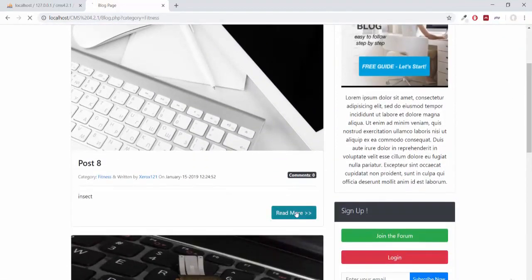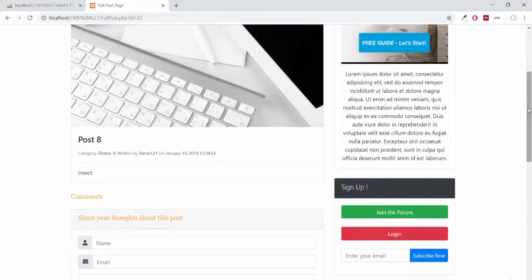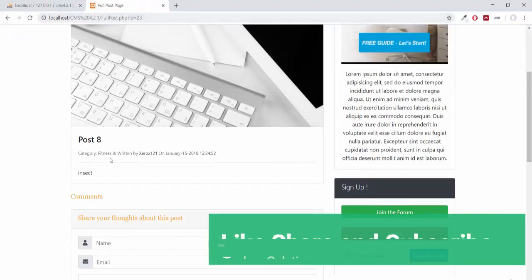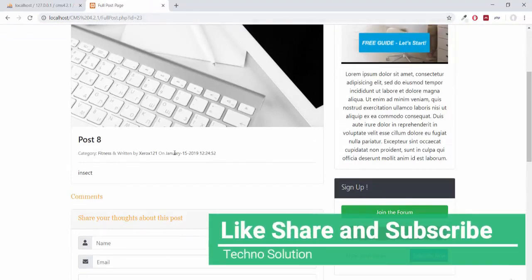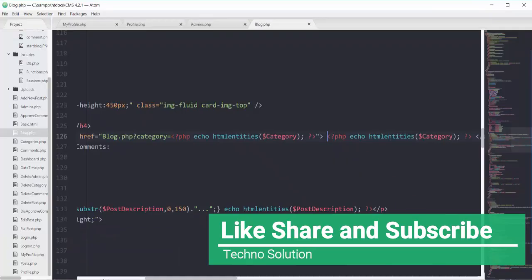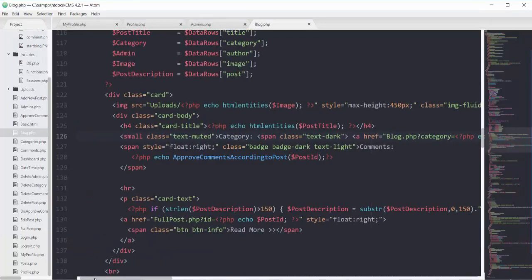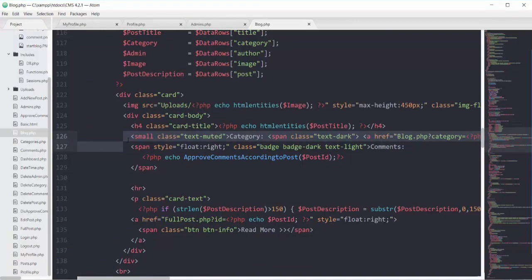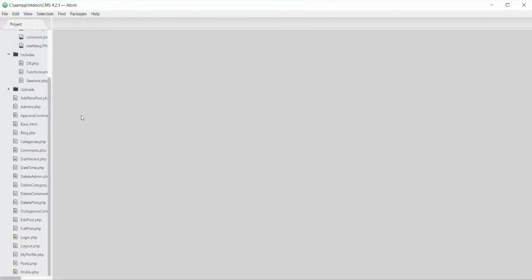If I click on the read more button, you can see I'm on the page of fullpost.php and we don't have the link here. So the same line I can copy from the blog.php file and paste in my other file of full post. Copying this whole small tag from the blog.php file, let's close all of these files.